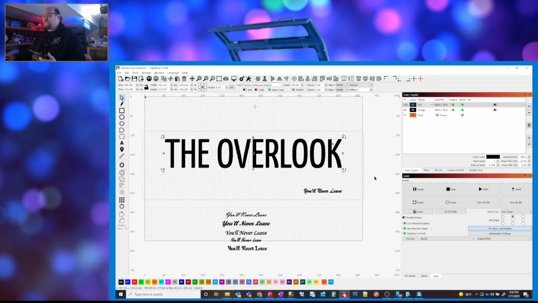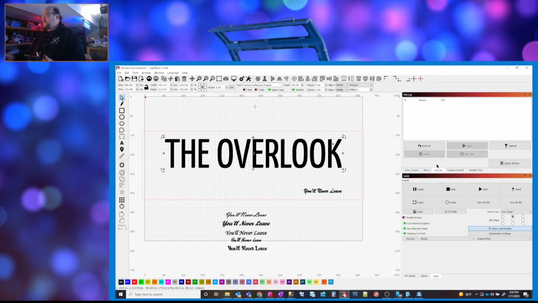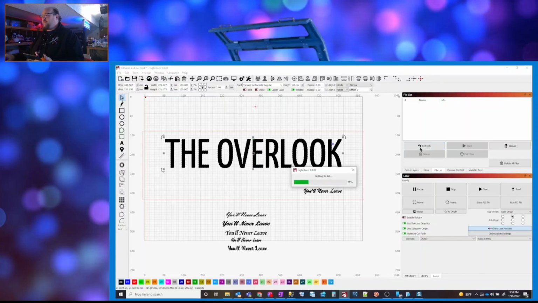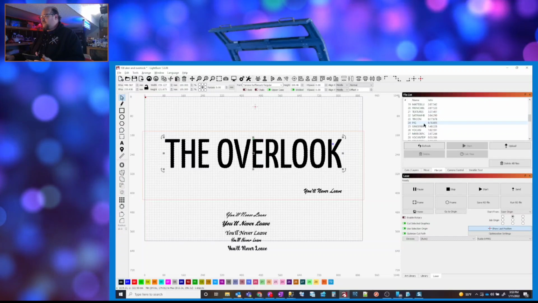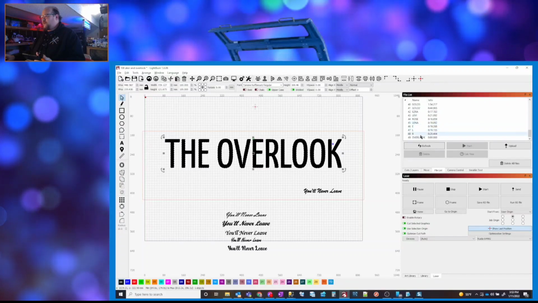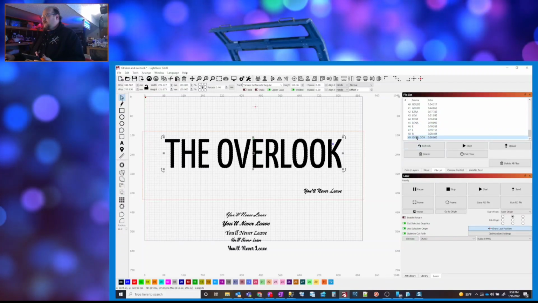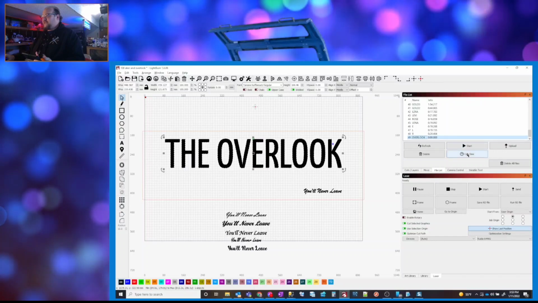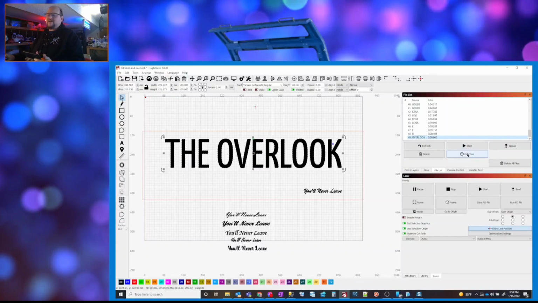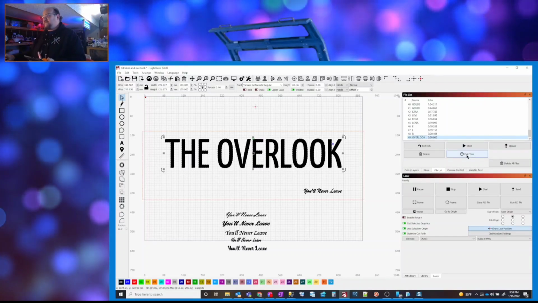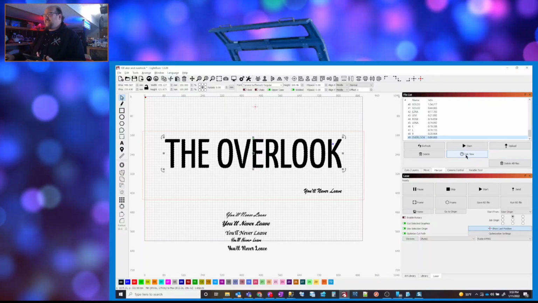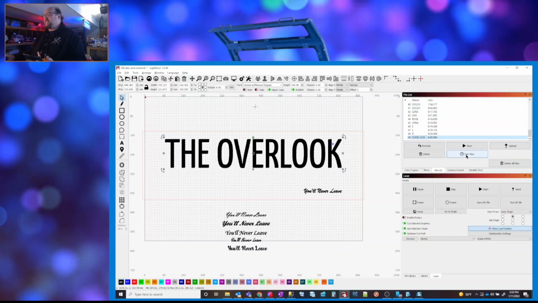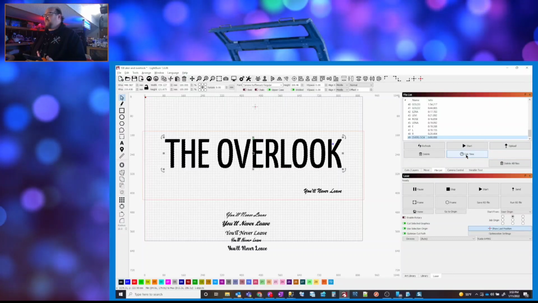So let's go ahead. We'll pull the file list up, and it's going to tell us how long each of the jobs that we've run have taken. And you can see it says 0, so I can hit calculate time, and that's going to kick on some processing at the laser. It kicks on the fan and a few other things, but it doesn't actually turn the laser beam itself on. It just does all this to calculate time. So we're going to do that,